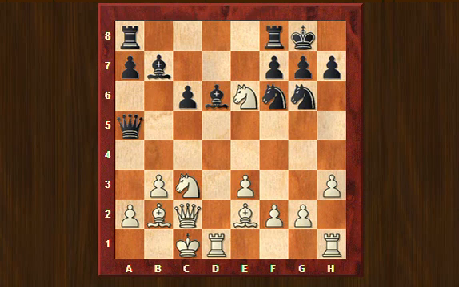The bishop on d6 is undefended. So after f takes e6, rook takes d6, white has already improved his position. Black's pawn structure has been damaged. The pawn on e6 is undefended. This bishop can go later to c4, where it